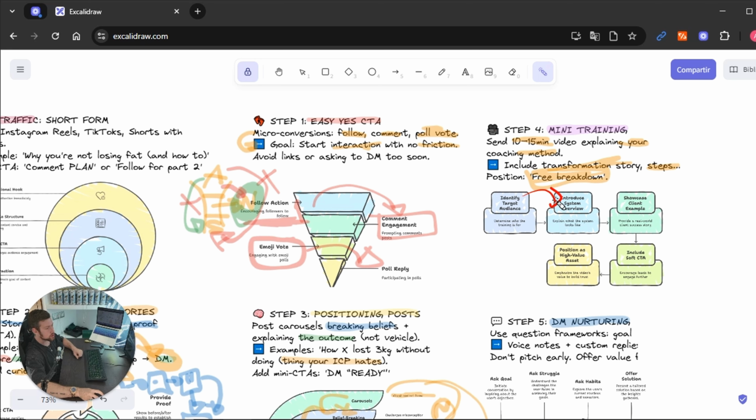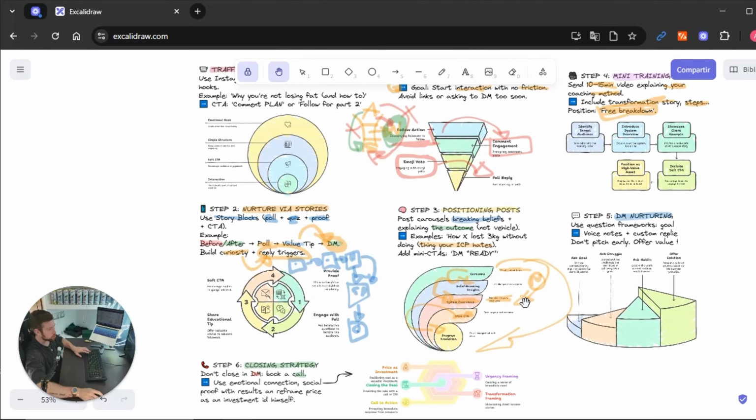Then you will introduce the system overview, and you will showcase how that system works in a practical manner, with a client example that already did those same steps. Then you will include a soft CTA. A soft CTA could be: book a consultation call here, or just go back to the DMs where I send you this and talk to me again so that we can do it.